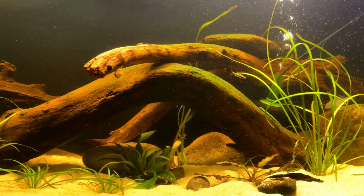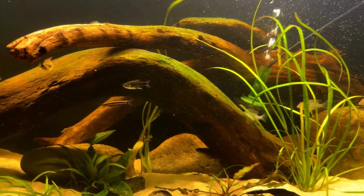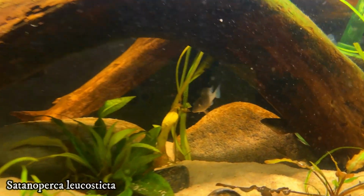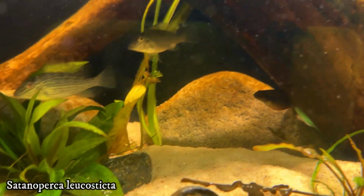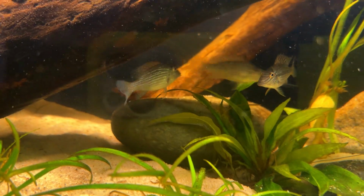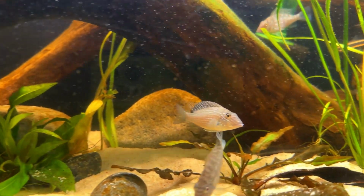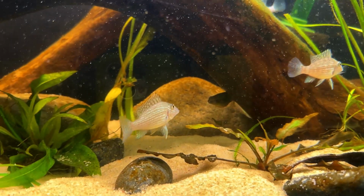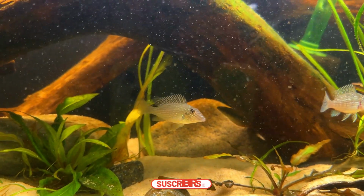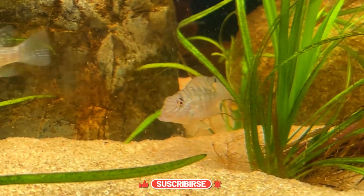There's a lot of really good stuff in this tank. So I think the most obvious fish that you can see are probably the Satanoperca leucosticta, and we have 8 of these guys in here. They are already beautiful. It was a little bit of a gamble when I saw them at the wet spot. They were a little shy, and they were in a bare bottom tank. And as earth eaters, they just don't love being in bare bottom. So as soon as we put them in the tank, they calmed right down, and they have not stopped sifting